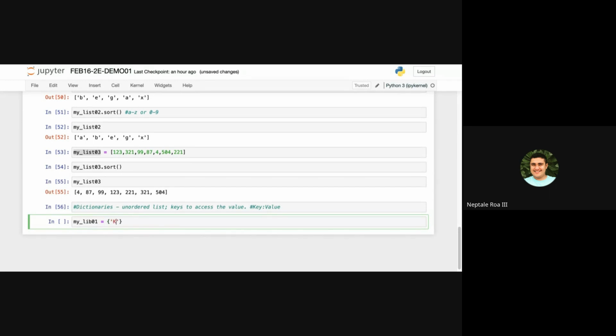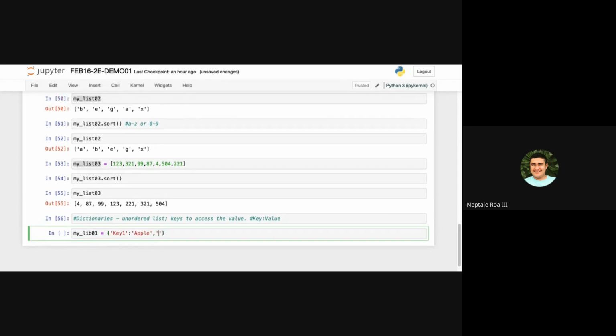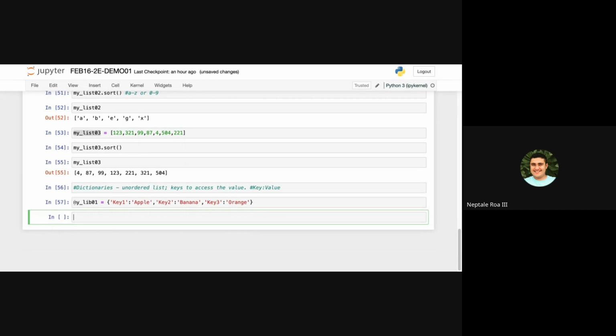For example, key 1, example lang ito ha, and then the value is apple. If you would want more values, you just separate them with a comma. And then you will have, for example, banana, and then key 3, sorry, key number 3, you have orange. Okay? If you will try to run this one,